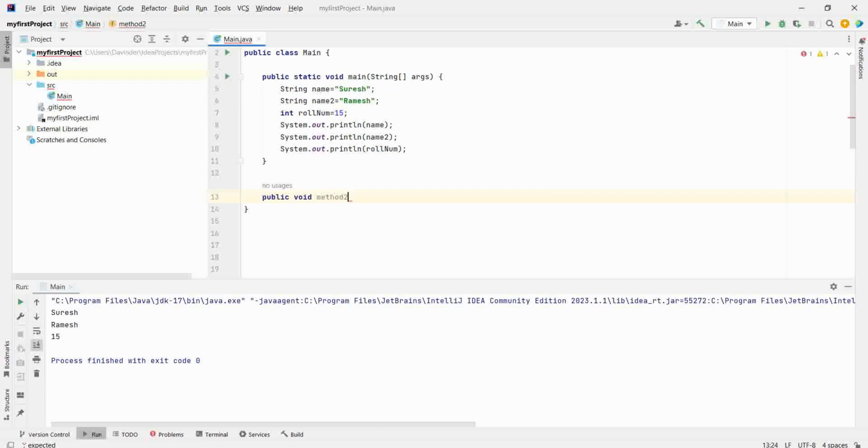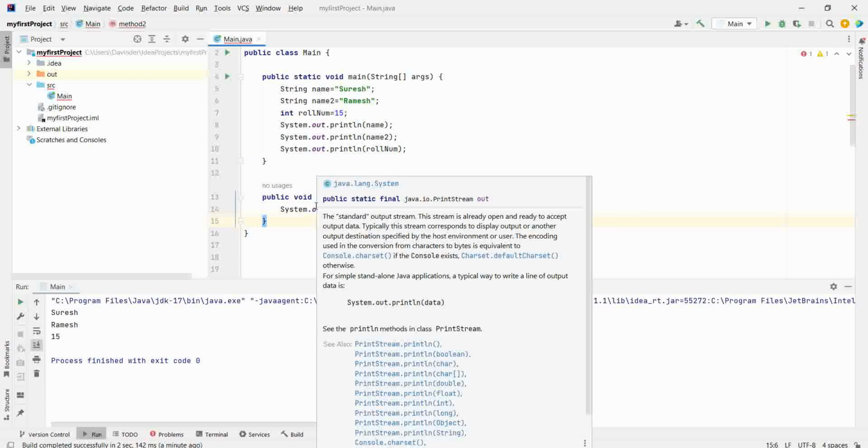If I try to use the variable name outside this method, then it will give me a compilation error. The reason being, this is a local variable and cannot be used outside this method. That is why it is giving me a compilation error. Name cannot be resolved.